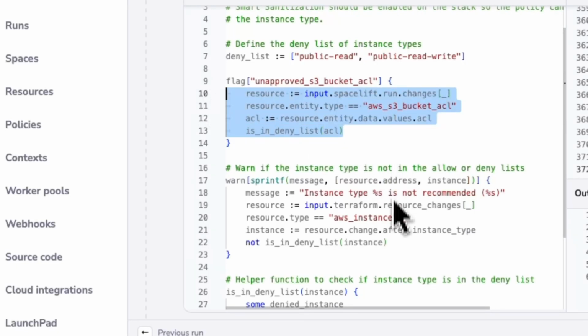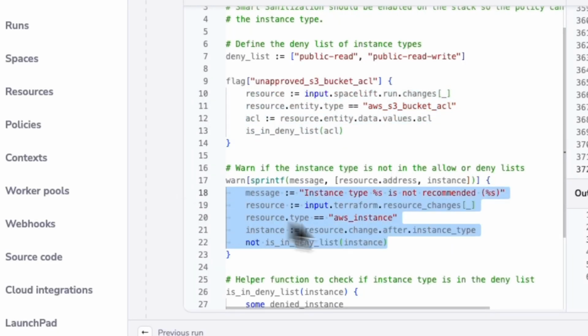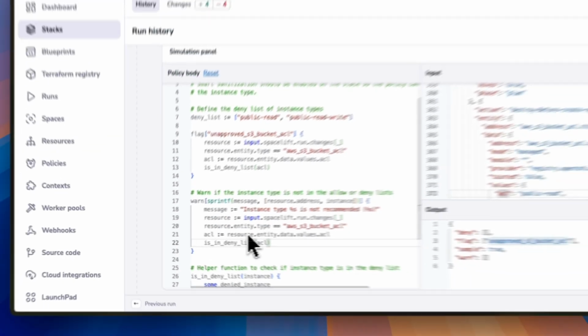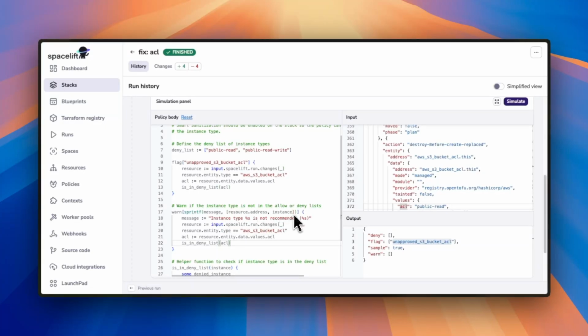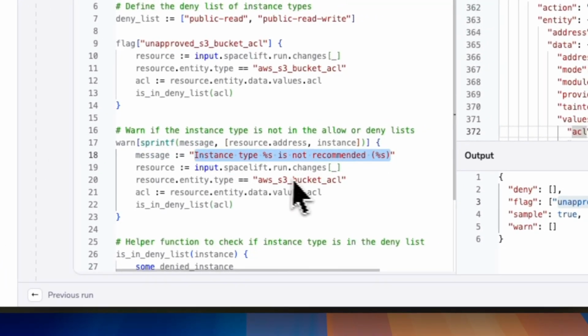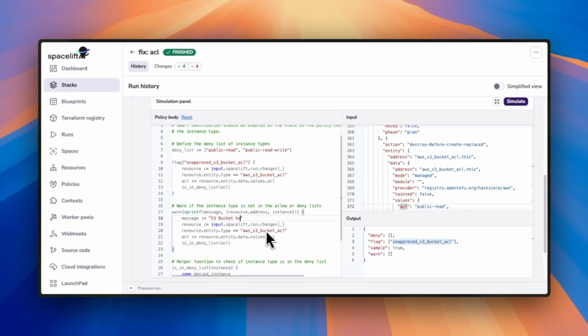So we're going to copy this content, and we're just going to paste it right here into this warn, but we're going to leave message. So the warning, what you actually put in between these two brackets is what we'll print inside of Spacelift. So we're going to sprintf through the message. So we're going to actually change this message to say S3 bucket, we'll say %s has unapproved ACL, and